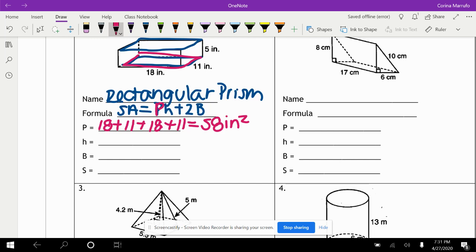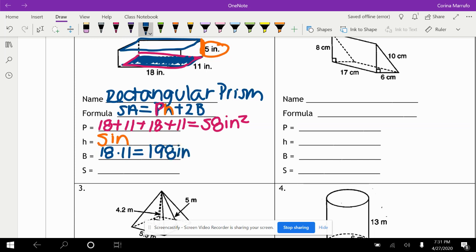Now we need to find the height. So how tall is our figure? That's what the height stands for. So if we look here, the height of our rectangular prism is going to be 5 inches. So here I'm going to put 5 inches. Now we're going to find the area of the base. Since our base is a rectangle, we're going to do base times height, which is 18 times 11. Okay, so big B stands for the area of the base. So 18 times 11 gives us